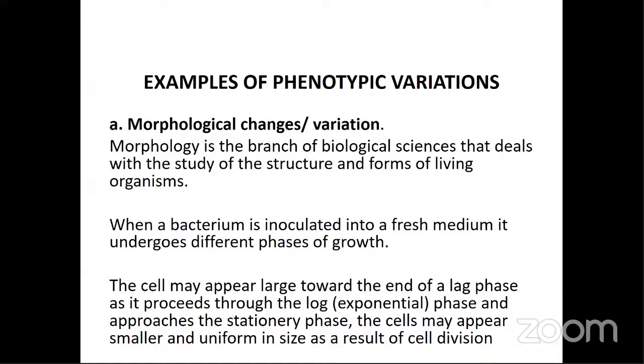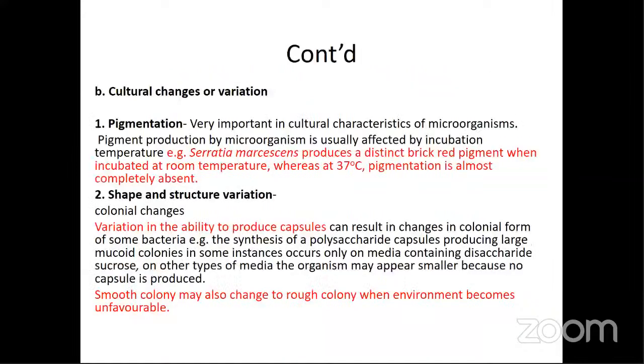At the end of lag phase, the organism may appear large, the cells may appear large. As it proceeds to exponential phase, and then the stationary phase, the cells may appear smaller, but they will be uniform in size because of cell division. You could also have cultural changes or variation. For example, the pigmentation may change. The pigment of a culture of bacteria may change